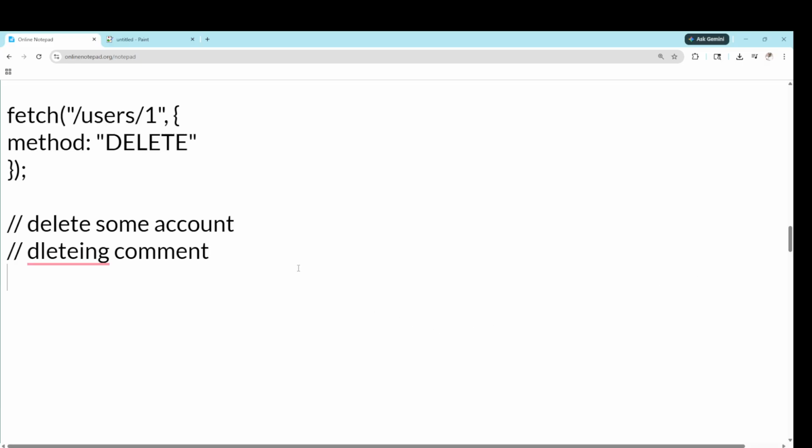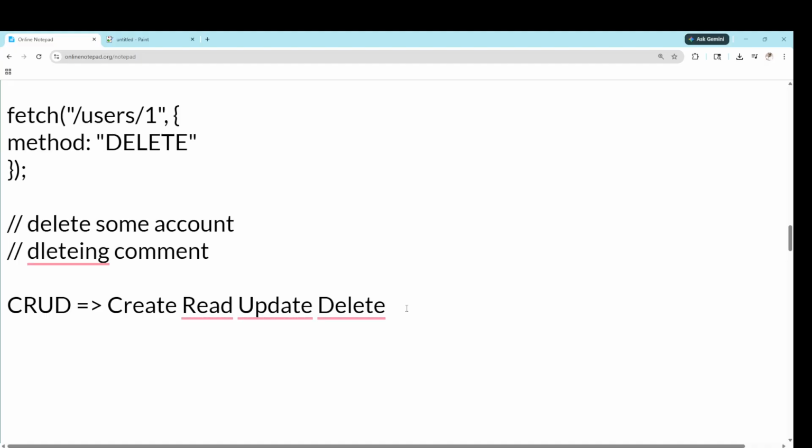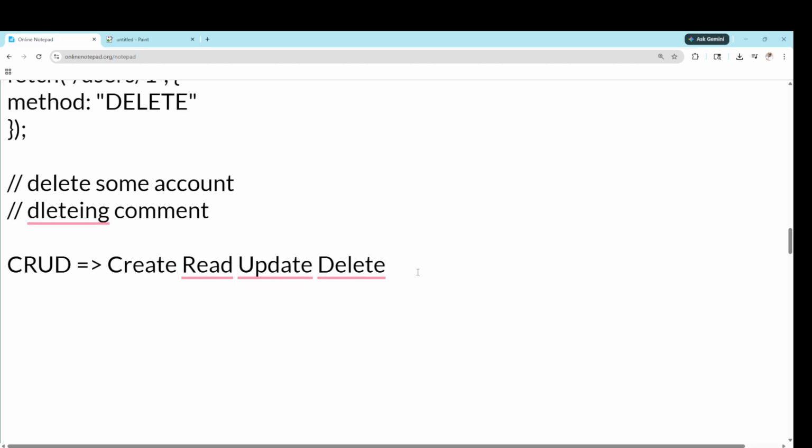The next thing we can discuss is where exactly in our workflow we use these. If you have heard of CRUD, it means create, read, update, delete. In the CRUD mapping, we will see where exactly our HTTP methods exist. If we have create, then POST.